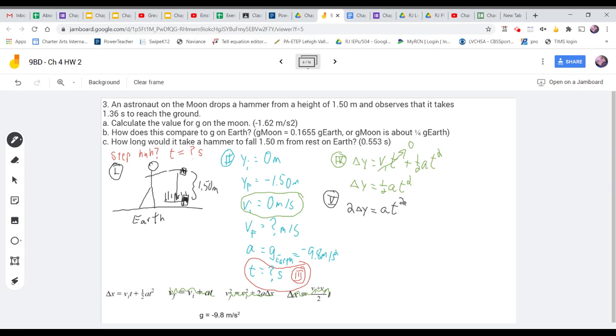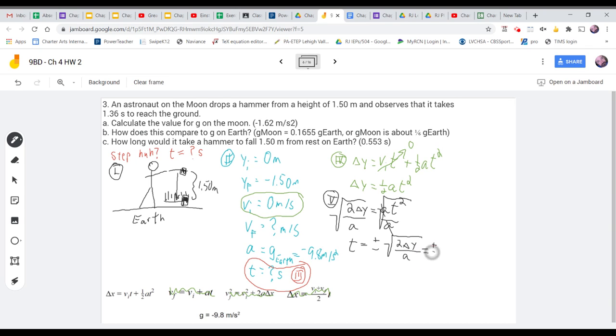Now I want to get rid of this a that's attached to my t squared. So I will divide both sides by a. So a goes away on the right side. And now we just have t squared on the right side with this stuff on the left side. So I want to take the square root of everything. And that's going to give me, and I'm switching left to right here, t is equal to, and again, this is a plus or minus kind of situation, plus or minus the square root of 2 delta y over a,